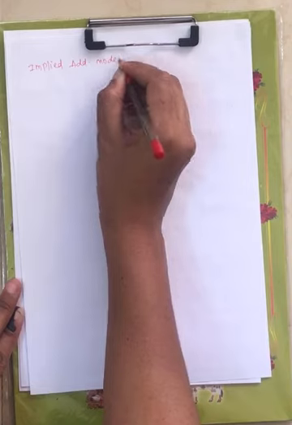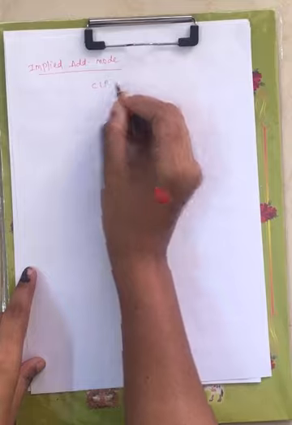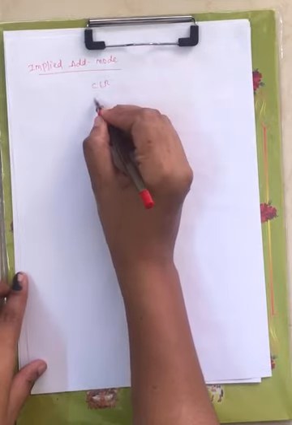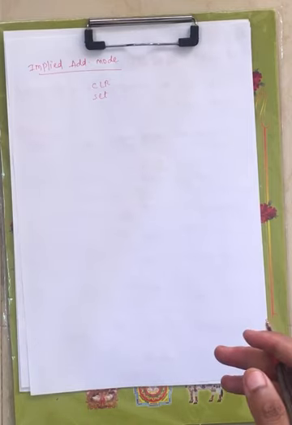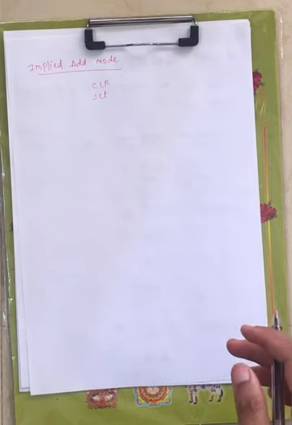Implied addressing mode. Here you don't have any source operand or destination operand, only an opcode is specified. Example CLR. Next you have SET. All this set of instructions will come under implied addressing mode, where you don't find any destination operand or source operand, right? Now these five addressing modes we have seen under your 8085, and the same under your 8051. Besides these 5 addressing modes, you have 4 more also. Now let us see those.